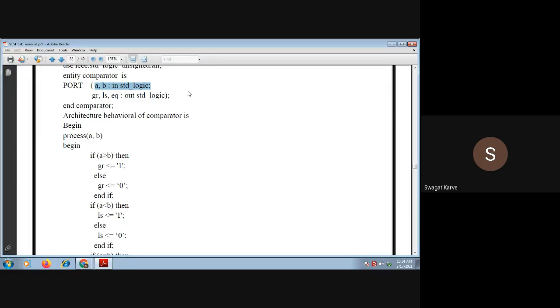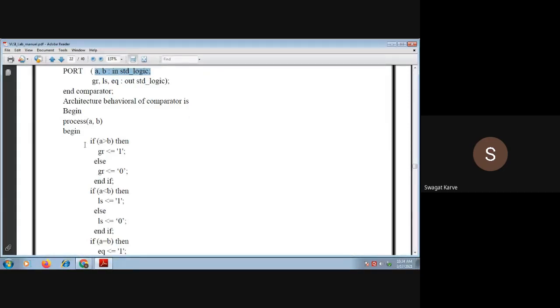In std_logic_vector 1 down to 0, that means now it is a 2-bit comparator. If you write 3 down to 0, a 4-bit comparator. You write 7 down to 0, an 8-bit comparator. Clear? This is the only change that you should make in your code, and you can have the code for the n-bit comparator.